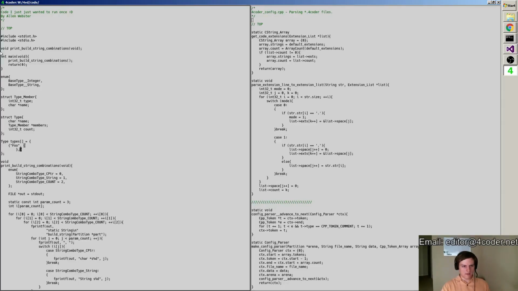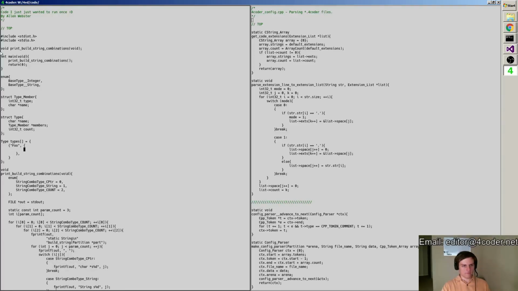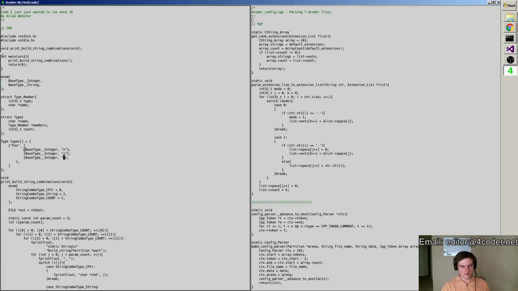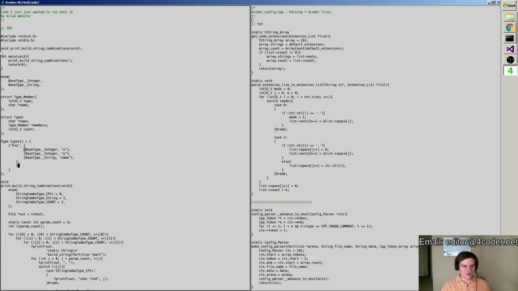It has a base type integer called x, and a base type integer called y, and a base type string called name. And then I also have to mark this up with the number of parameters I have. That's a little bit annoying, but fine, we'll do that right there.